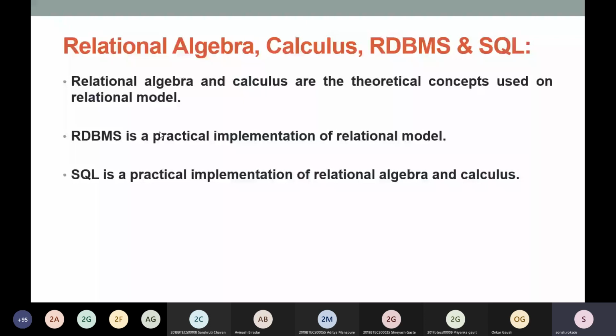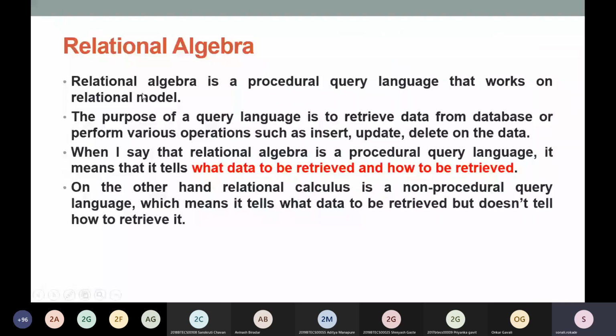So what is relational algebra? Relational algebra is a procedural query language that works on the relational model, and the purpose of this query language is to retrieve data from the database or to perform various operations such as DDL and DML, which can contain insert, update, and delete on that data.